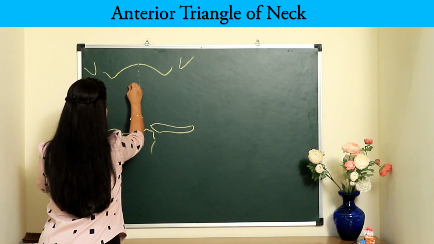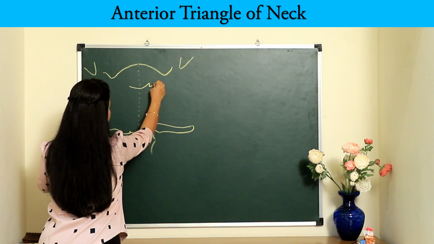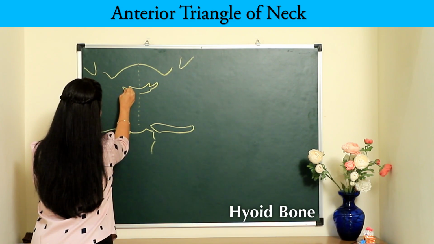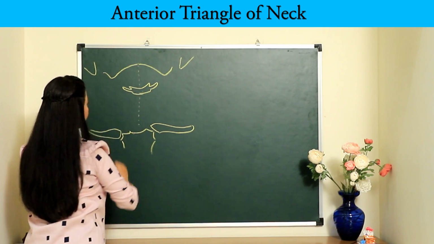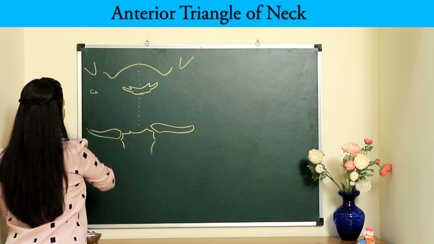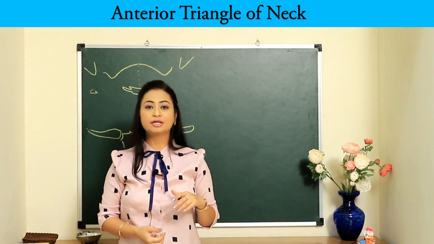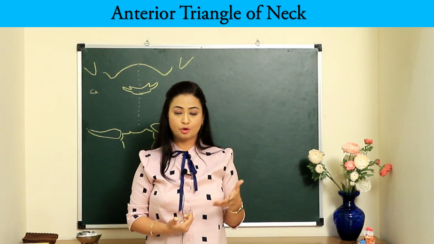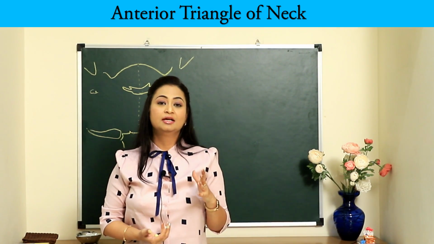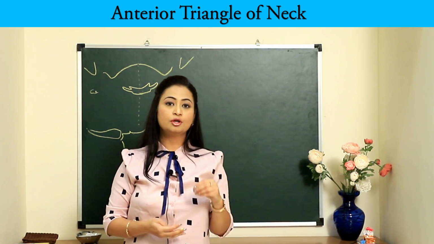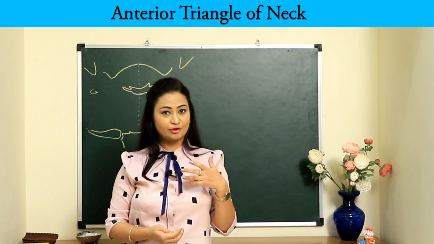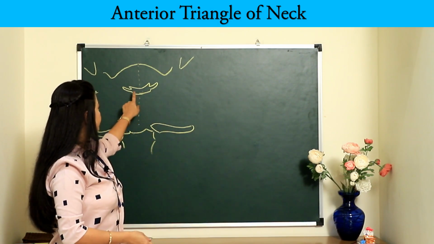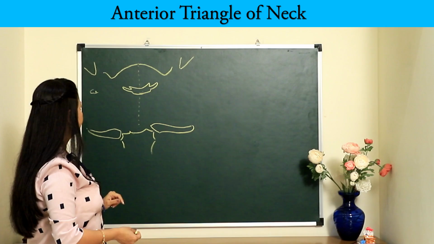Now at the C3 vertebral level lies this bone known as the hyoid bone, right? This is your hyoid bone. The vertebral level is C3. Now this bone basically wanted to be a loner. That is, it does not articulate with any other bone of the body, but nature didn't let it be. So a lot of ligaments and a whole lot of muscles, your suprahyoid muscles, your infrahyoid muscles, come and attach to this hyoid bone. So this is an important bony landmark that we must remember, right?